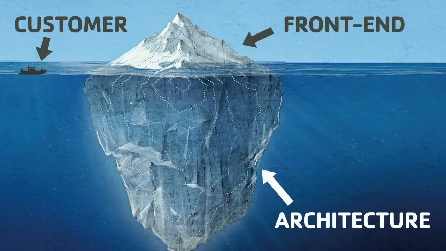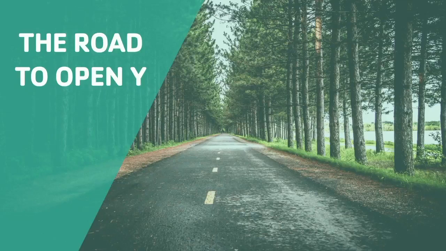So we were thinking about the architecture of OpenY because all those YMCAs have different requirements. They have different needs, and we should solve all those needs and satisfy everyone who is using the OpenY distribution. With that, we treat the architecture of the distribution as an iceberg. We have something that is not visible at all to the end customers, but it will support and move forward our distribution in the long run. With that in mind, we started working on the distribution.